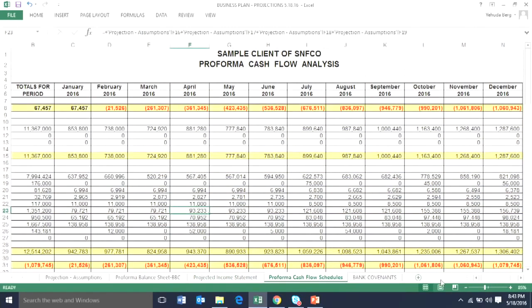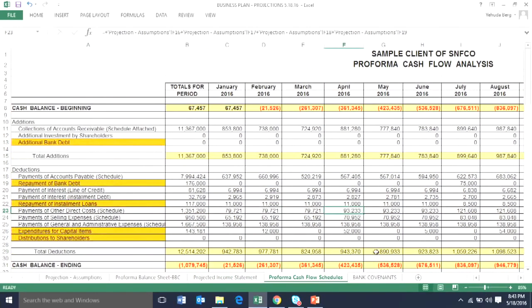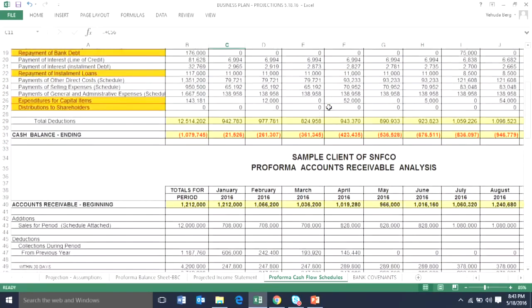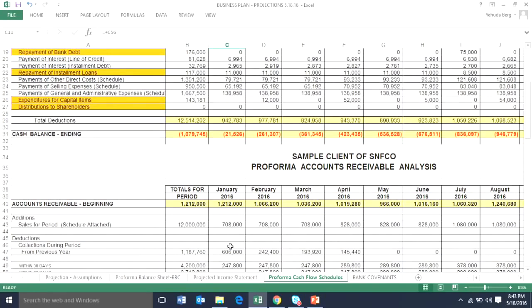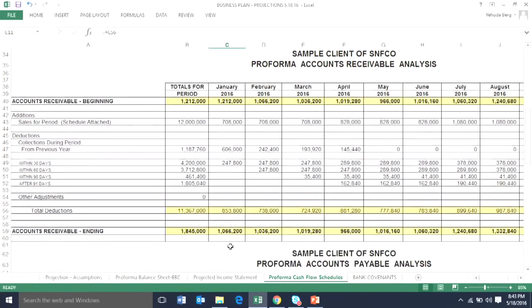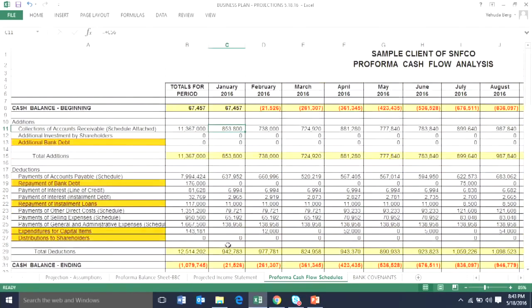In other words, how is my bank account going to look? Now, watch what happens. In January of 2016, I start off with a beginning balance, because remember it's an existing business, of $67,000. We collect accounts receivable. How do we know what we collect? Again, we have the formula. If you go down, this tells you exactly the formula of how I got to this number based on the assumptions we had before. We're going to collect a total, according to this, of